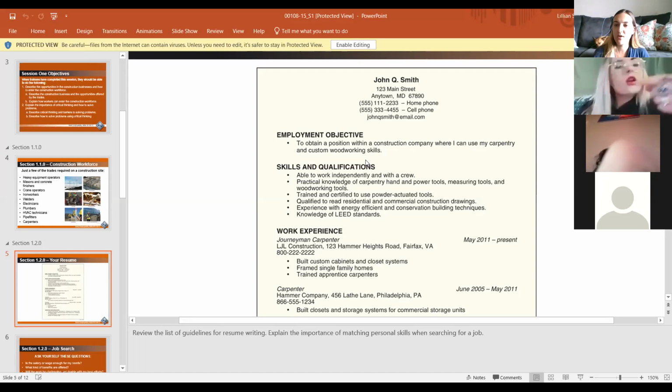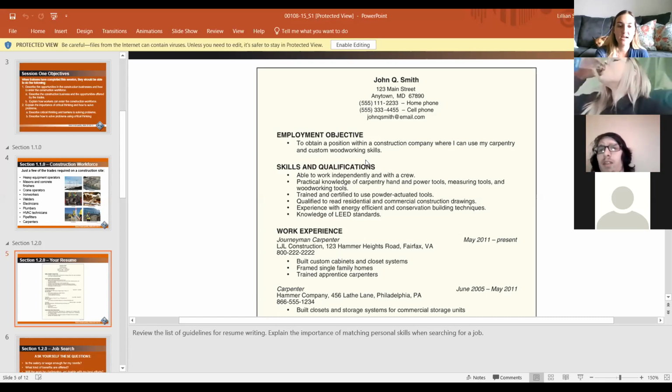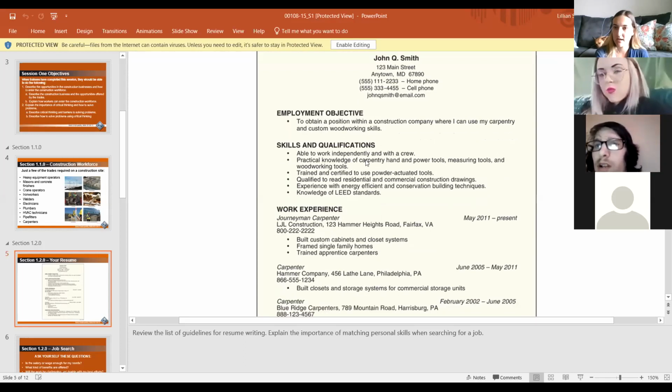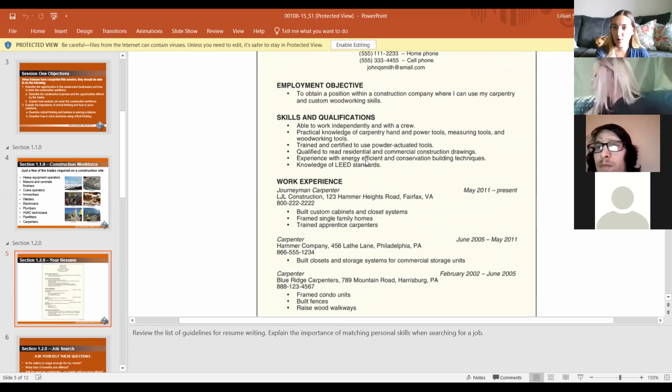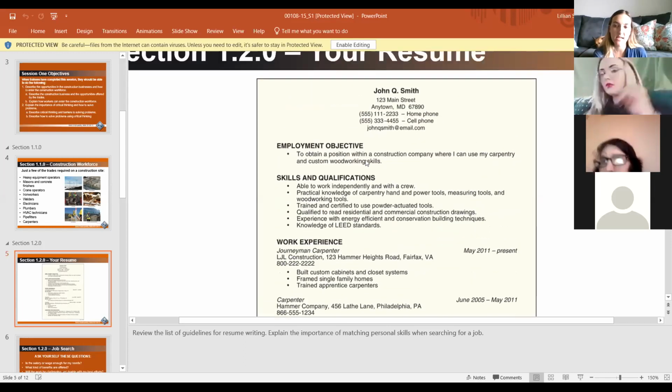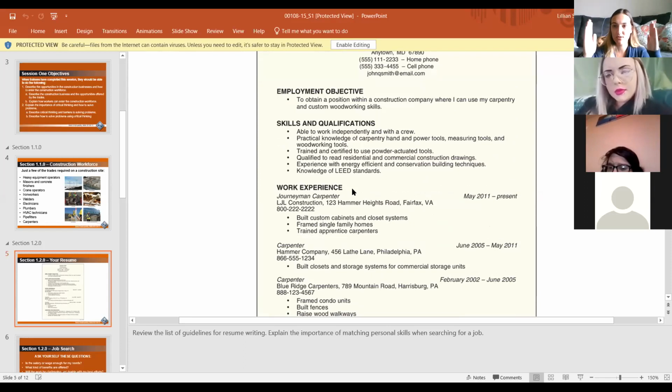Since you guys have certain things that you want to work on with your resumes, this is an awesome review for you guys. So we're going to talk about this. This is what a pretty decent looking resume looks like, especially if you're trying to do construction, making it really concise, really clear. One page is preferred. If your stuff spills onto a second page, that's all right, as long as you're keeping things really concise. You can see the margins, everything's staying in between those pretty tight margins.